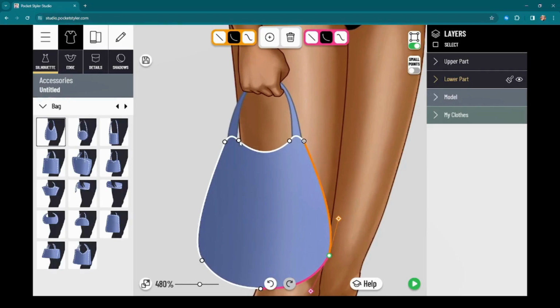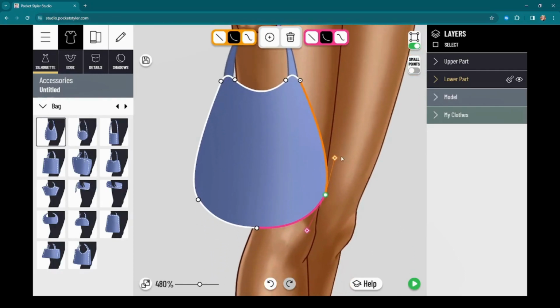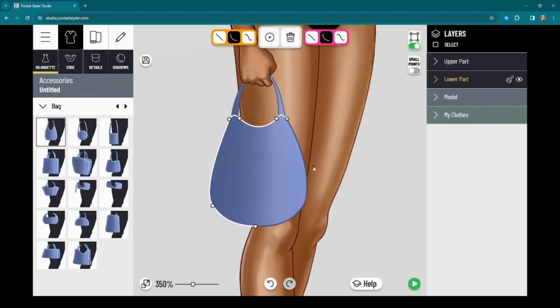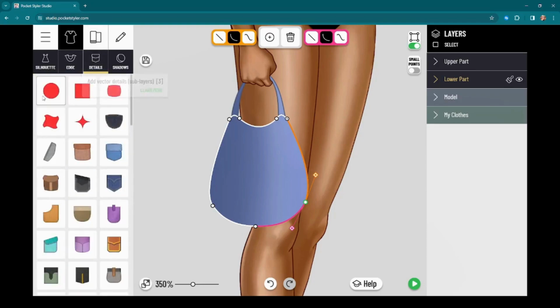If this was cloth, and not a leather shape, some of this is going to have to be done through painting. I had a tutorial, not a video, in the Pocket Styler Studio Facebook group